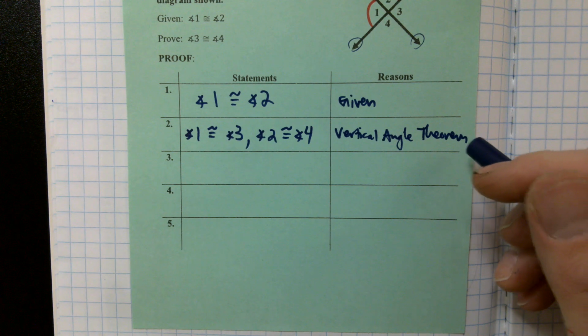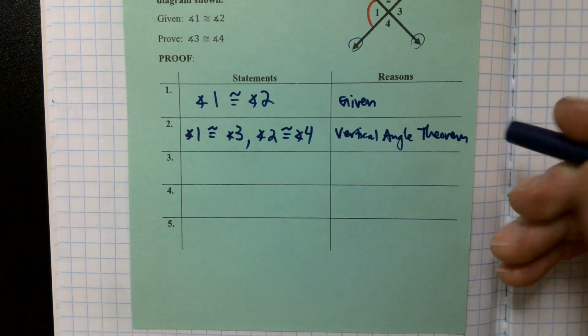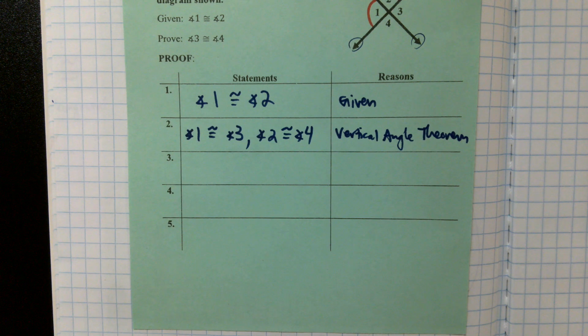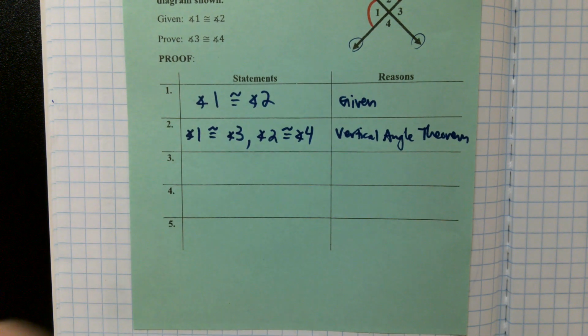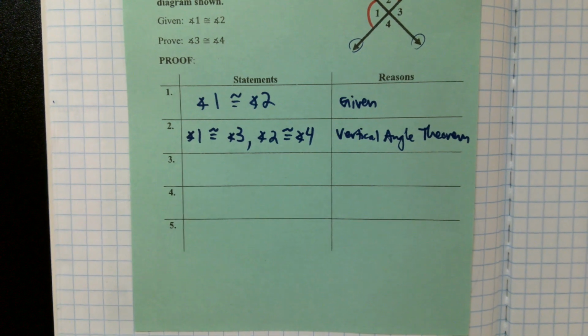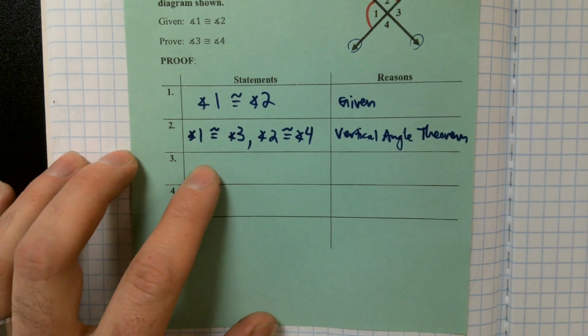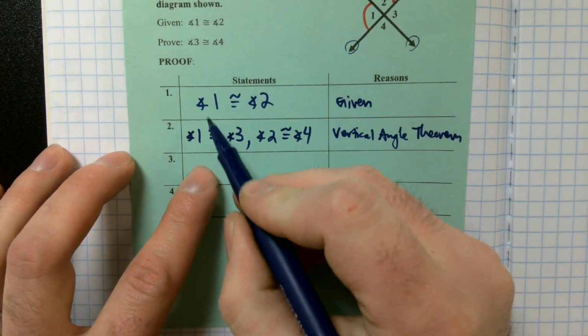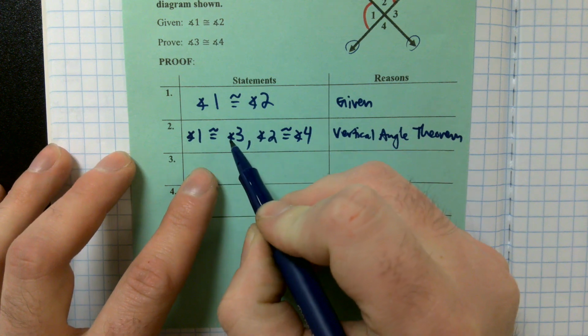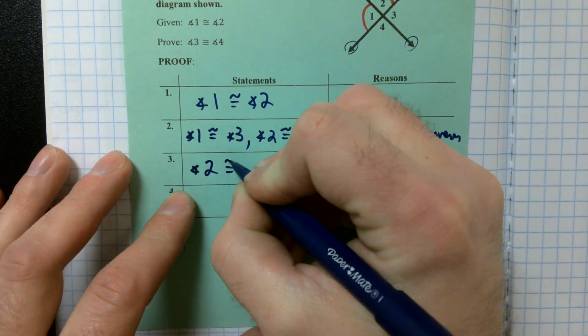Good. We got to break it down a little bit because you took 2 big steps there, but you're absolutely on the right track. That's what we're going to now deduce. What's the first part of that going to be? Tyler, what were you going to say when you put your hand up? I was just going to do kind of the same example. If 1 is equal to 3, and 1 is equal to 2. Yep. And 2 is equal to 4. Ooh, you jumped a little bit too much. Let's take it step by step. If 1 is equal to 2 and 1 is equal to 3, then angle 2 is equal to what?